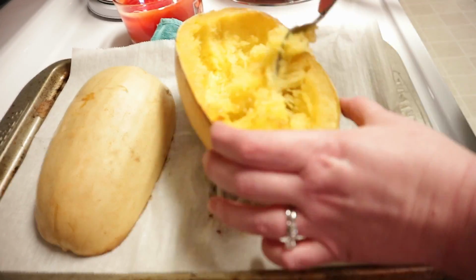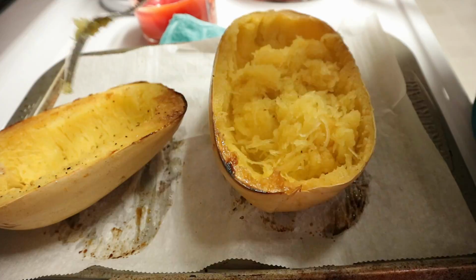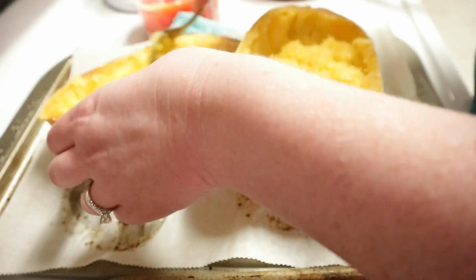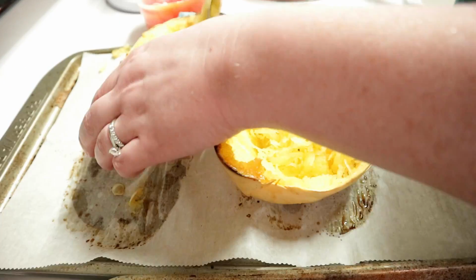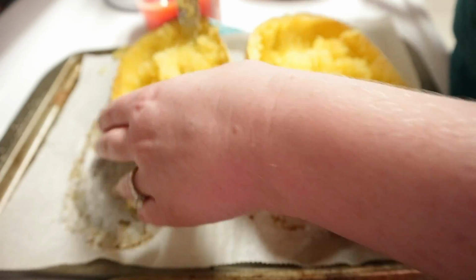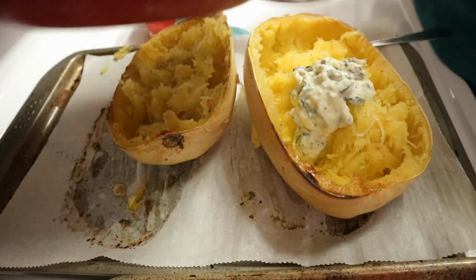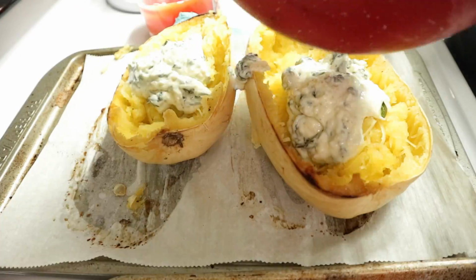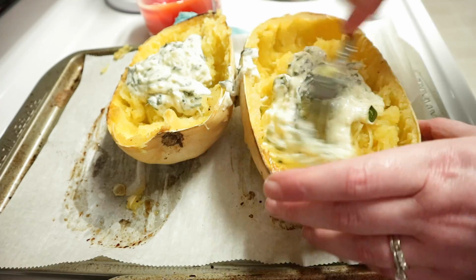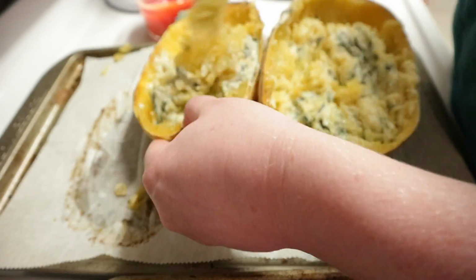And then what I did was I got the spaghetti squash out of the oven, and I just used my fork to break up all the little pieces, all the little strands. I love spaghetti squash because it really does have the consistency, to me, of pasta, and it has like a little sweet taste too because of the squash that it is, and it was really good. So I just kind of did that, and then I poured the sauce into each part, just split it up between the two, and then I stirred it around again to make sure each piece of spaghetti squash was nicely